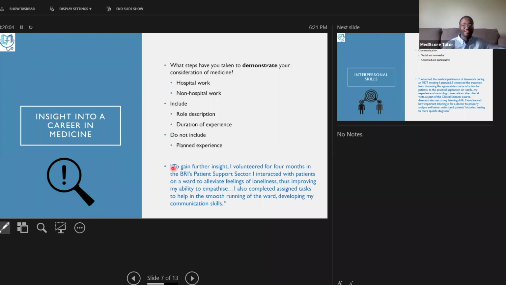And it says, to gain further insight, I volunteered for 4 months in the BRI patient support sector. So this is actually a piece of my personal statement. I interacted with patients on a ward to alleviate feelings of loneliness, thus improving my ability to empathize. And then I wrote some other stuff there. And then I said, I also completed assigned tasks to help in the smooth running of the ward, developing my